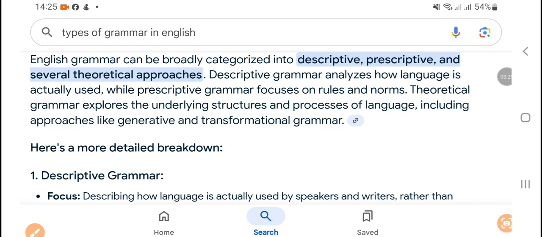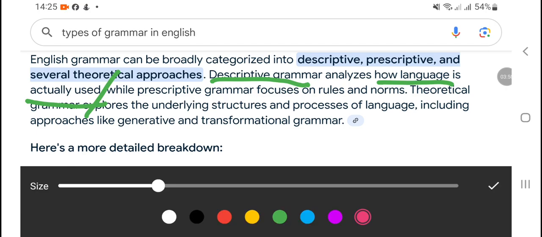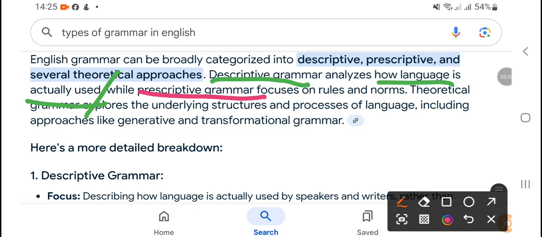Now descriptive grammar analyzes how language is actually used, right? While prescriptive grammar